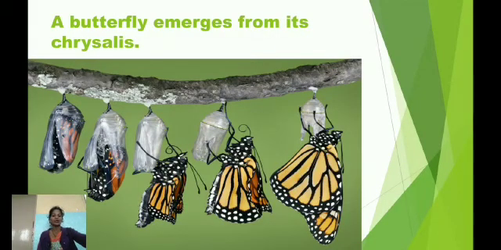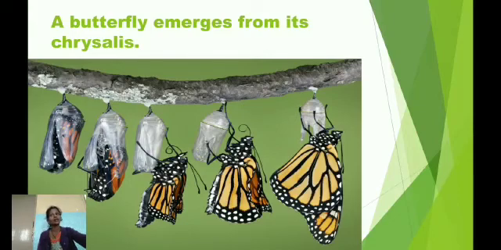In the next picture, you can see how a butterfly emerges from its chrysalis. It remains inside the chrysalis for the next 11 to 12 days. And during this, some important changes take place in its body. As a result, the growth of the plain tiger butterfly gets completed inside the chrysalis. Then the adult butterfly emerges out from the chrysalis. Now it has 4 attractive wings and 6 long legs. All butterflies go through these stages of growth.